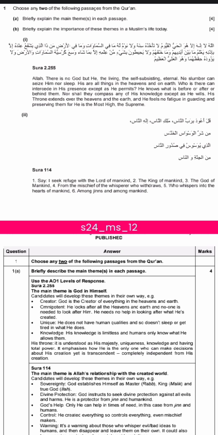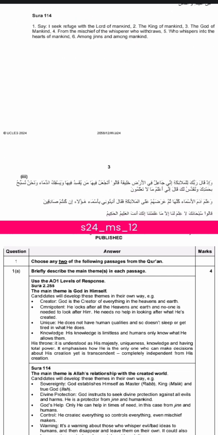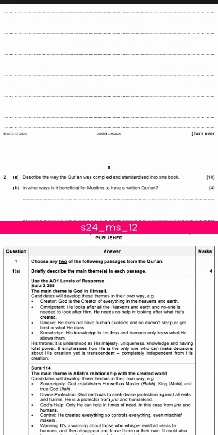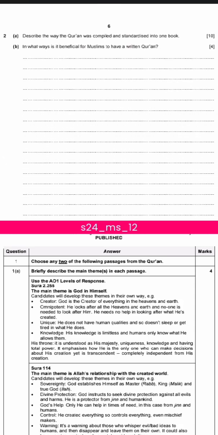And for every theme, for every importance, we have to write one reference each. One reference is enough. So the next question, a 10 marks question. First of all, question 2. The secret about question 2 is that it's always from the Quran. But in question 2 of paper 1 and paper 2, Ijma and Qiyas will definitely come. If it doesn't come in paper 1, it will come in paper 2, a question on Ijma and Qiyas.